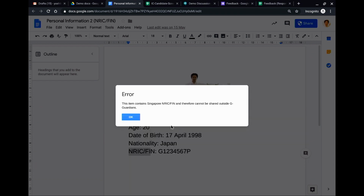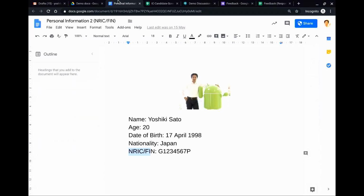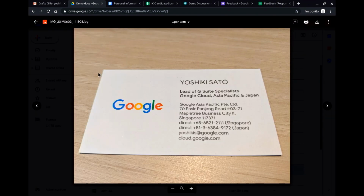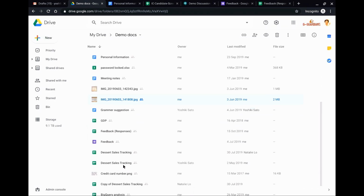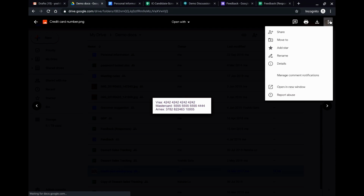But DLP, data loss prevention function, can detect that this content includes some sensitive information. So I cannot share this file with external. This automatically happens. So I'm a very smart guy. I try to use the PNG file. Picture file should be shared. I try to share this file